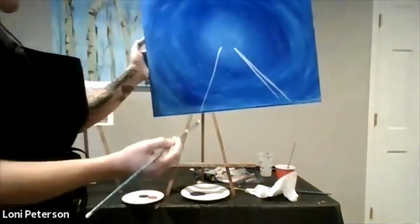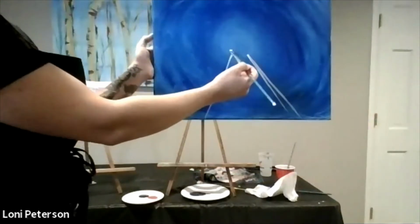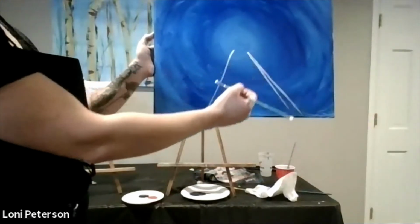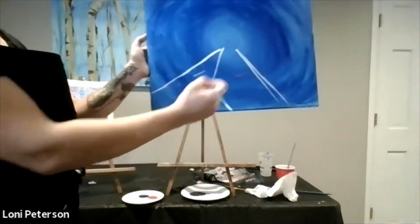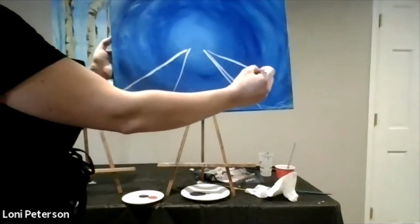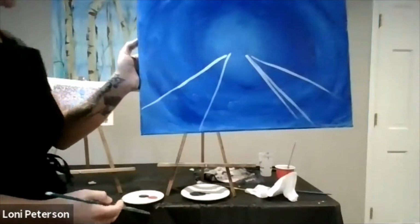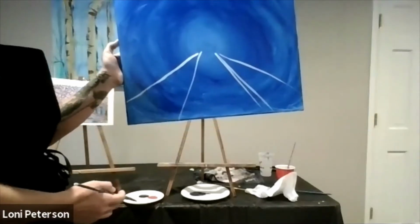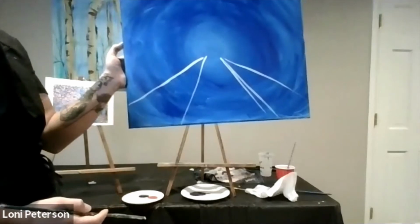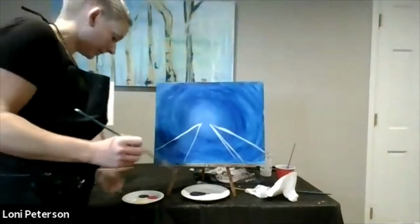And then the second line we're going to follow is a little bit less steep. We're going to go from the same spot. We're going to try to follow the same angle, but just a little bit higher on each side. Cool. So now that we've got our guides, I'm going to stick with this small flat brush for my trees,